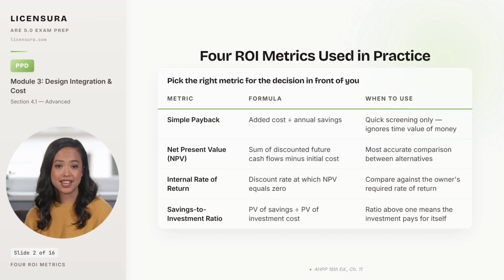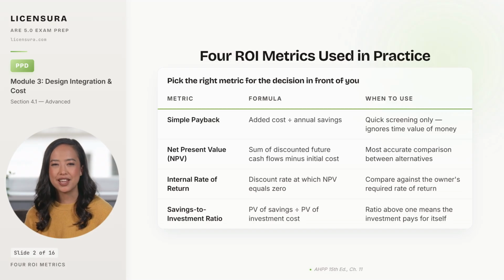Simple payback is added cost divided by annual savings, and it gives you a quick screening number, 8 years, 12 years, that tells you whether to keep investigating. It is not a decision tool because it ignores the time value of money and ignores what happens after payback. Net present value is the decision tool. It sums the discounted future cash flows and subtracts the initial cost, and the option with the higher NPV wins